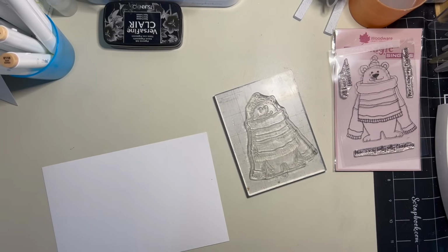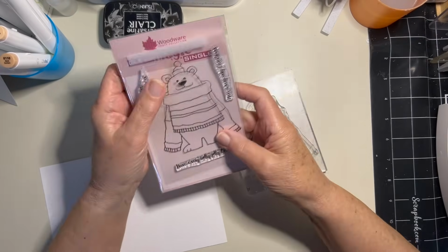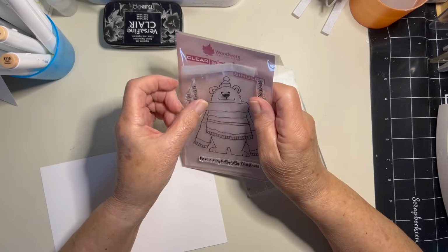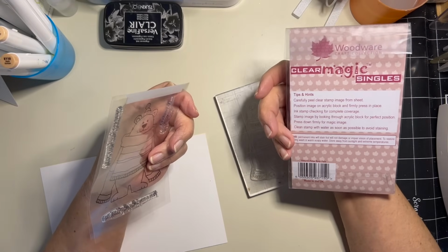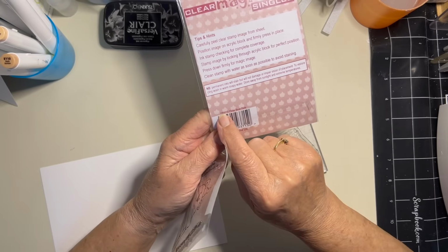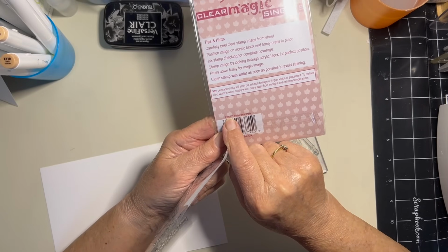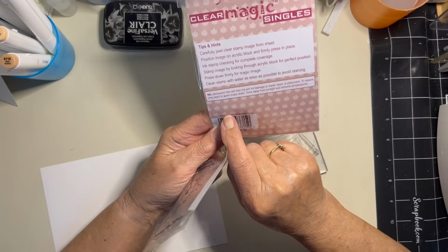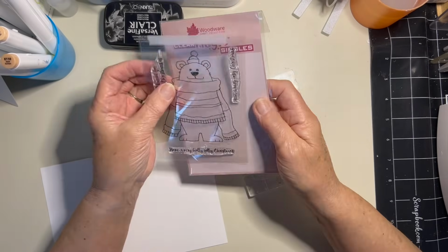Hello again, everyone. I've got another Woodware stamp here. It looks to me just like a Françoise Read, but as far as I can see, there's no acknowledgement. It does say FR, FRS 711. Perhaps the FR is for Françoise Read, but she's got no acknowledgement on there, but it looks like her